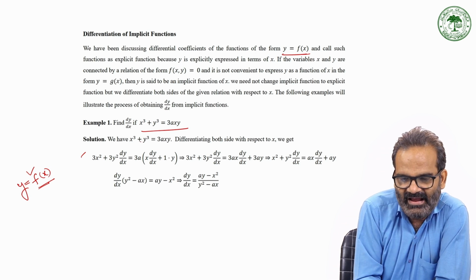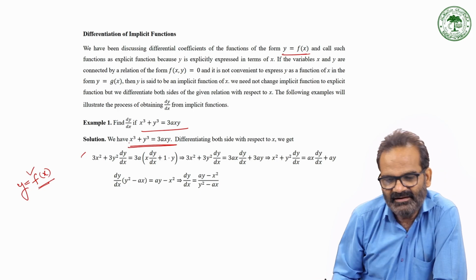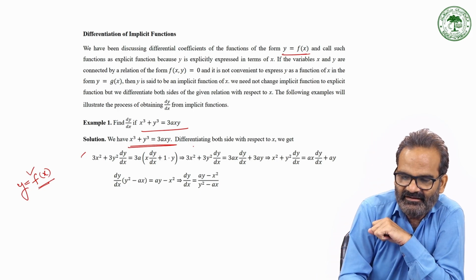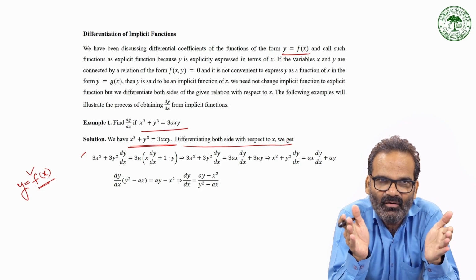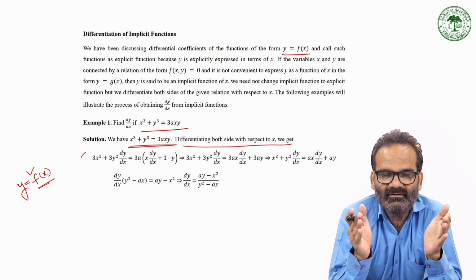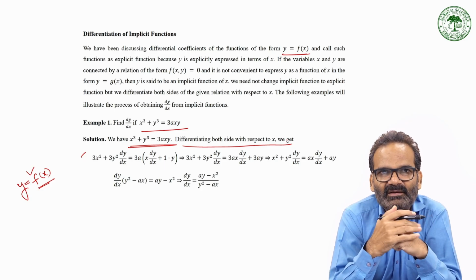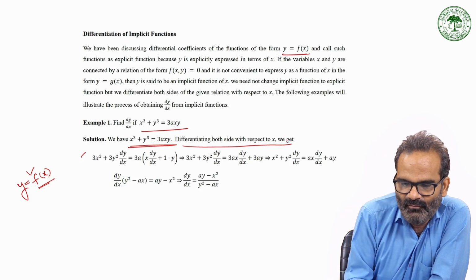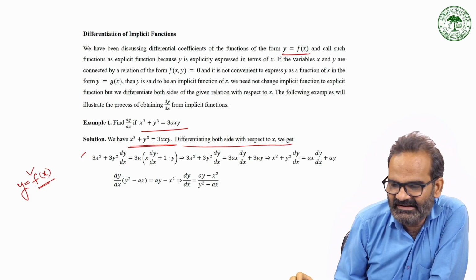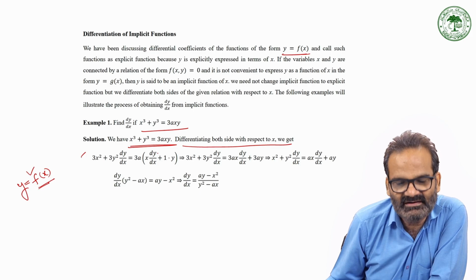See, we have this equation, right? Differentiating both sides with respect to x. This is how we should write the solution of an equation which involves an implicit function. The way to write it: differentiating both sides with respect to x, we get